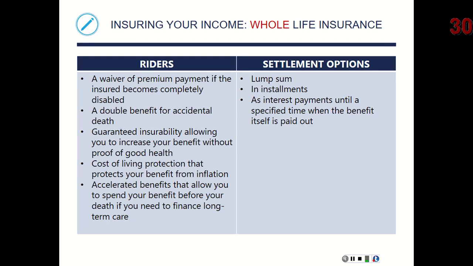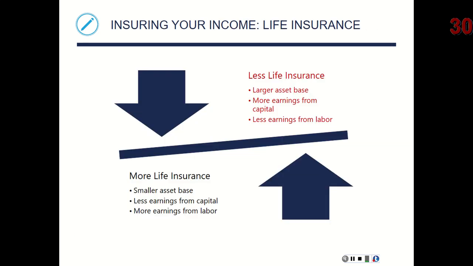You've got various riders that go into your whole policy. So different clauses that can add to your benefits in the future. And then once you get to drawing off of it, you can choose how you want to get that money. You can get it in a lump sum, you can get it in installments, etc., until you collect the whole thing. So you can kind of decide then what is most important for you.